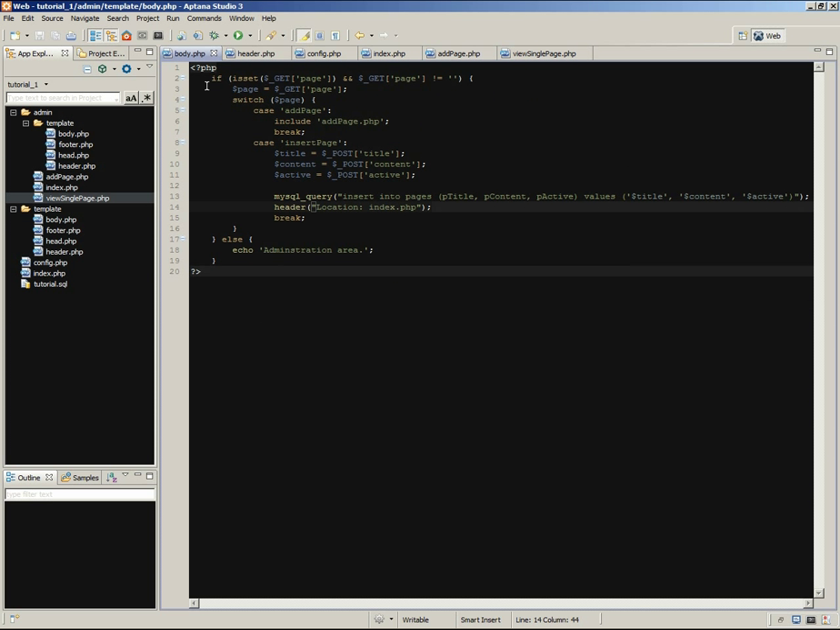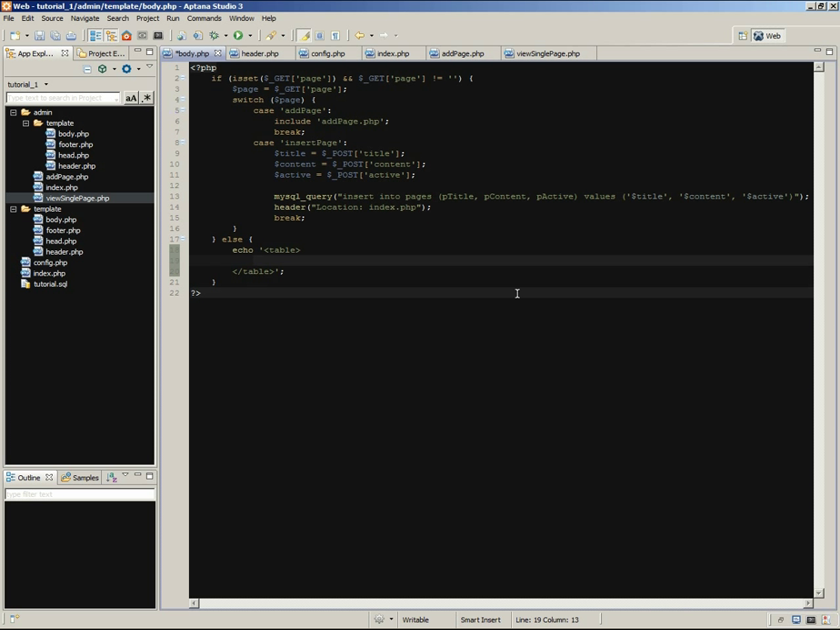Now that we've done this, let's go back to our index, and here we will create a table with all the pages that we've created. So let's go and write it with an echo. So table, okay, so let's do 2 echoes. Okay, the first and the last, and